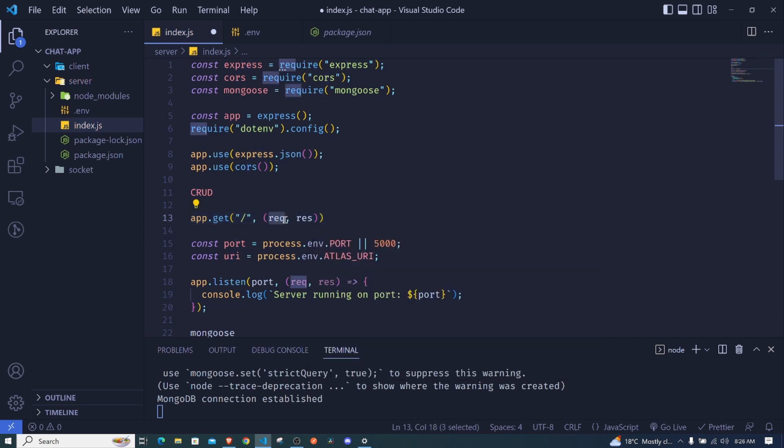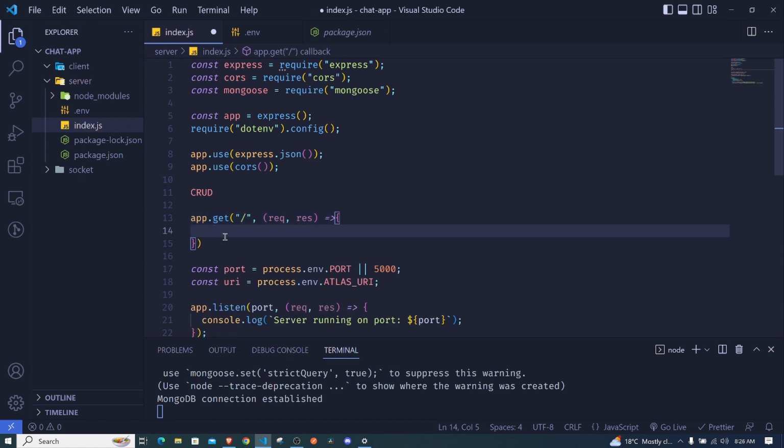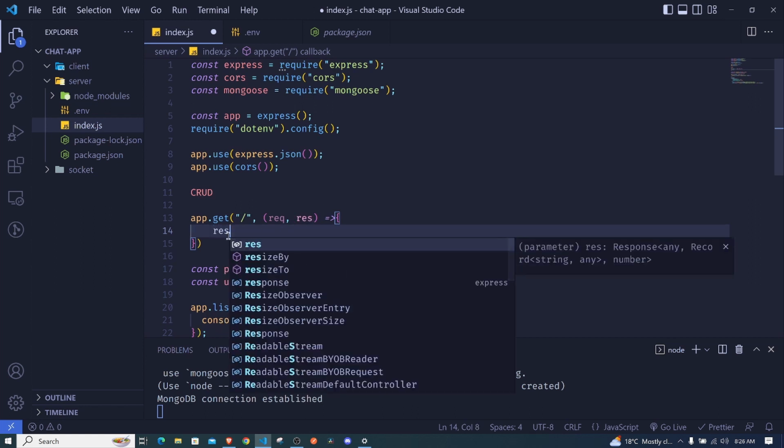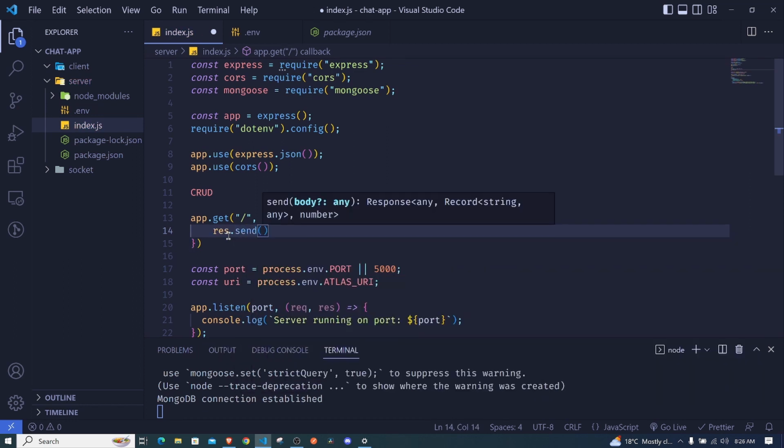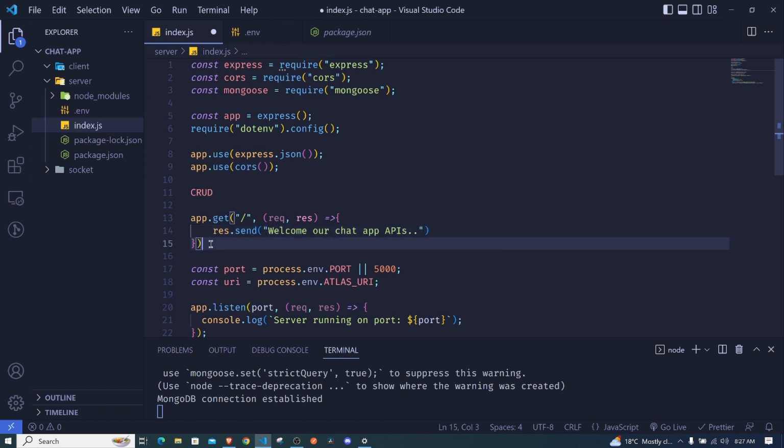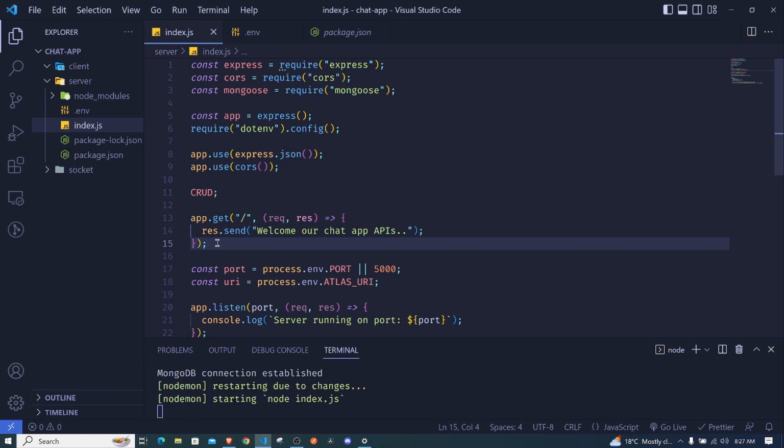So this request is used to get data from the client and response to send data to the client. So now right here, I'll make this to be an arrow function like this, and we can do something right here, and whatever I'll do is to send some data to the client using response. So I can say res.send, and then I invoke this and I can just pass a message like welcome to our chat app APIs. So I'm sending a message to the client, and by client we can use the browser as a client,